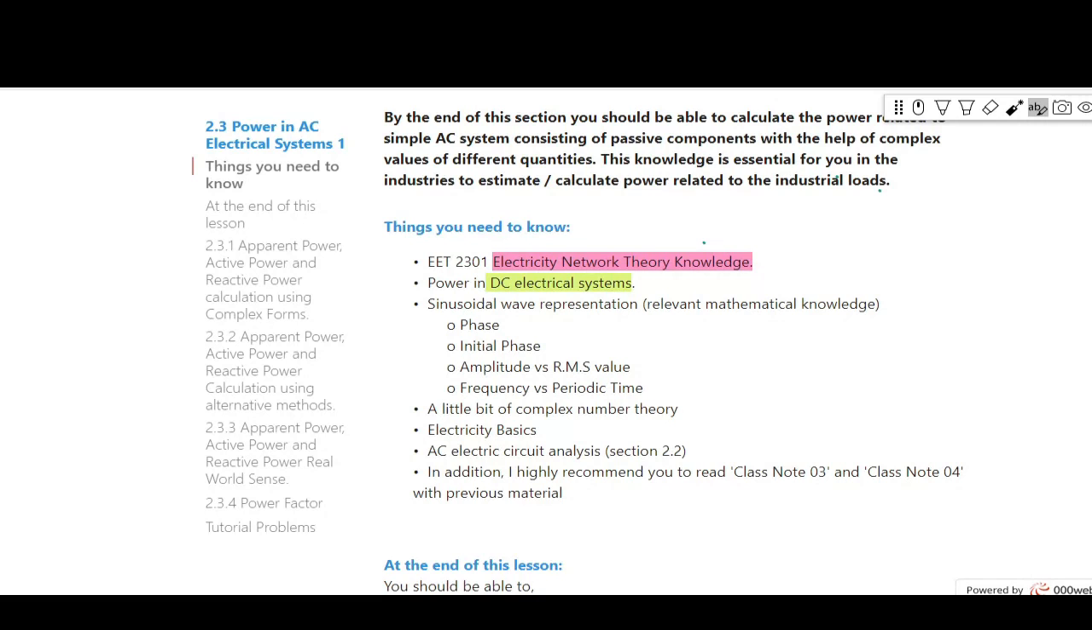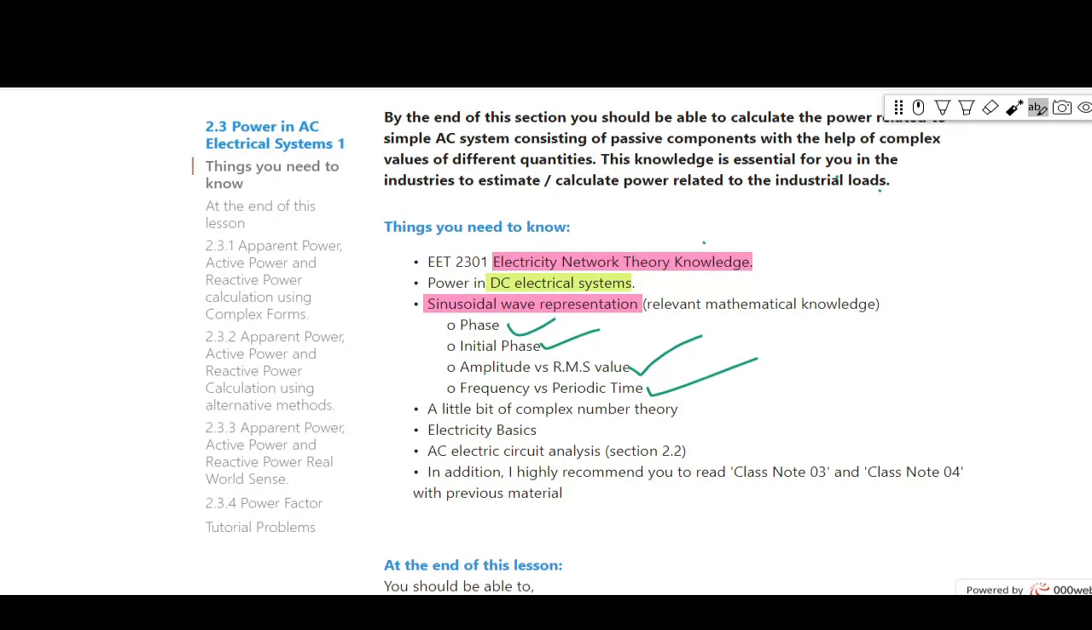And in fact, the knowledge of sinusoidal wave representation, which comes under trigonometry, is again going to be important. So you should have an idea about what is phase, what is initial phase, and amplitude versus RMS value, what is the difference, what are the equations, and frequency versus periodic time. Those things you must know. And in addition,